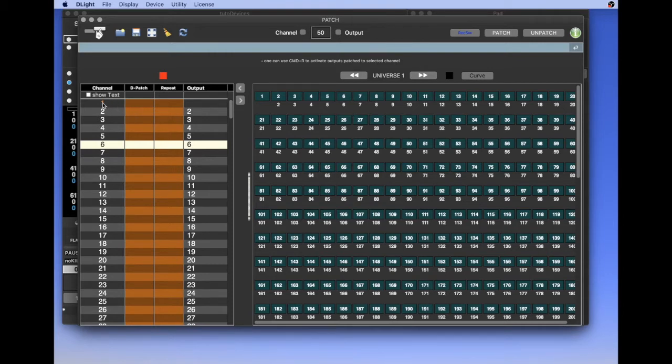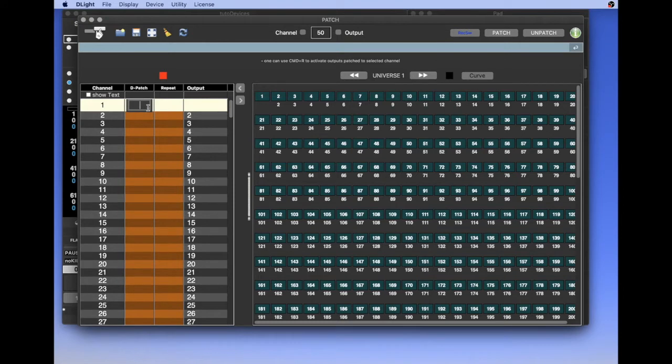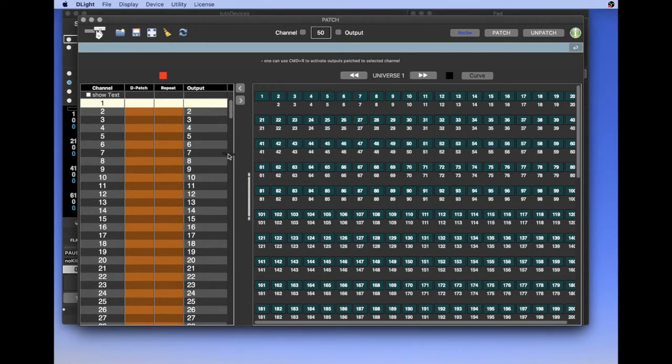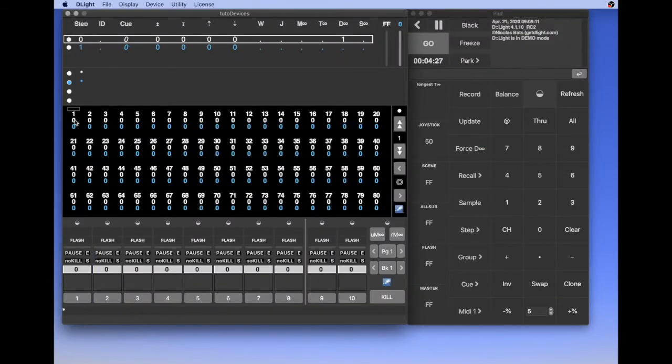So I will patch channel 1 on output 101. I can enter here and type 101. I can also drag and drop channel 1 to dimmer 101. So channel 1 is patched as expected. Now I can start using my device.